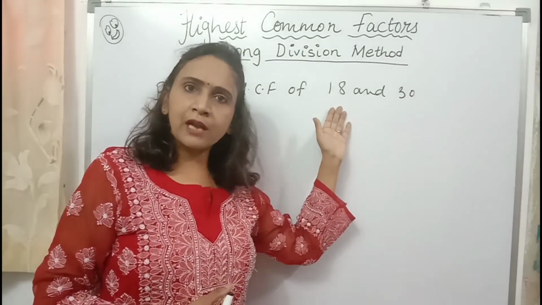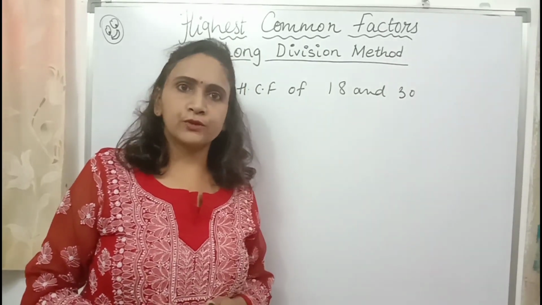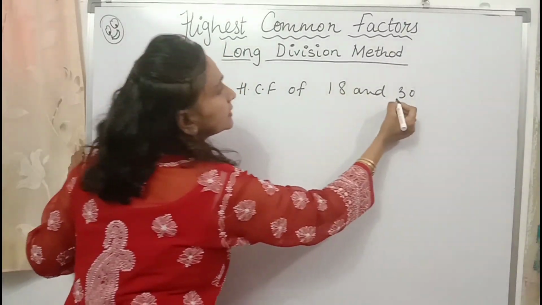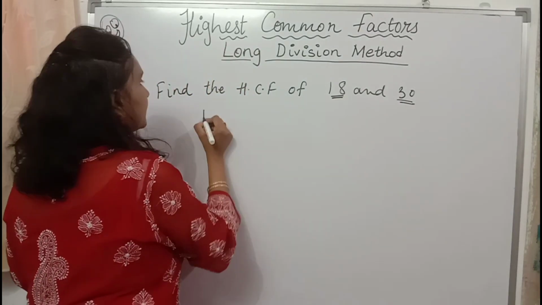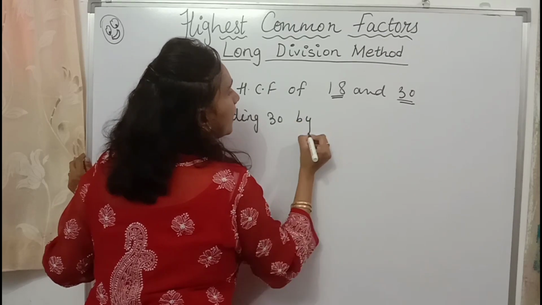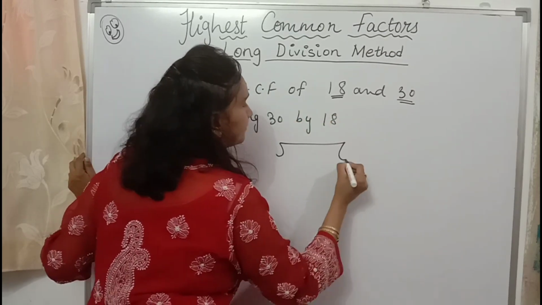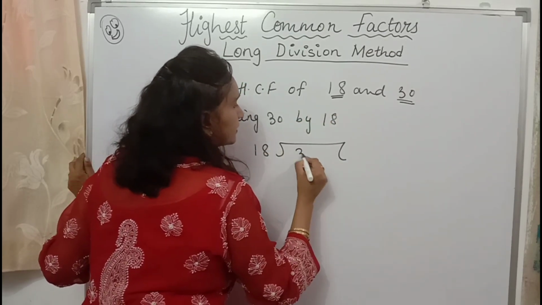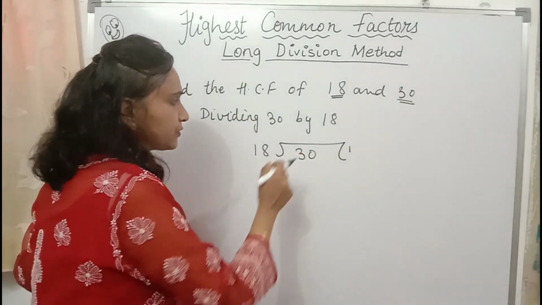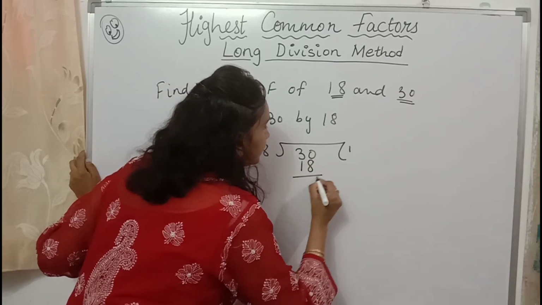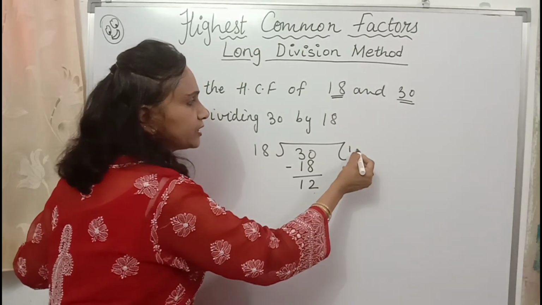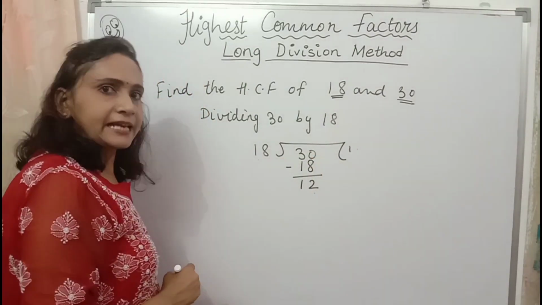Now here I am using two numbers. Then I will teach you for 3 and more numbers also. So first, we will divide 30 by 18. That means dividing 30 by 18. Divide करें 18, 30. So 18 once, because 18 twos are 36, which will not go here. 18. So the remainder here is 12, the quotient is 1 and the divisor is 18.